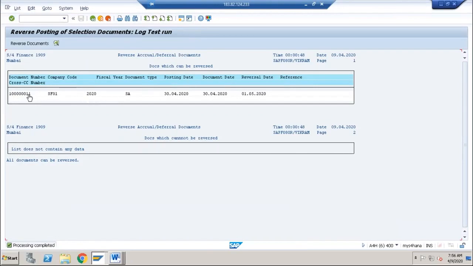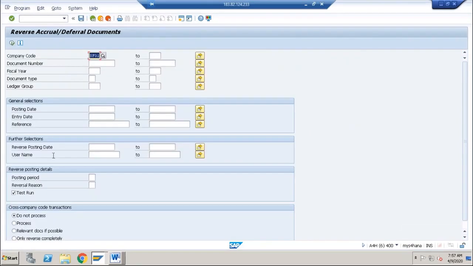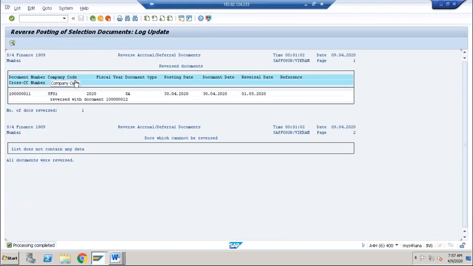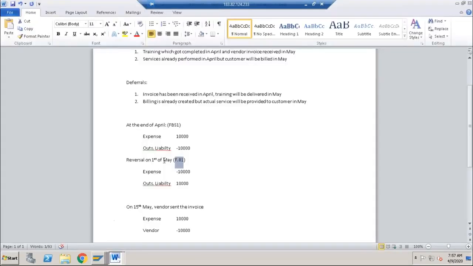So you can see this is a document which we just now posted on 30th of April, and it is going to be reversed on 1st of May. So if your document is coming here, everything is fine. You can just remove the test run and you can actually do the actual run, and system will create a reversal document for you. All right, so that completes the second part, which is the reversal on 1st of May. And once you receive the actual invoice on the 15th of May,